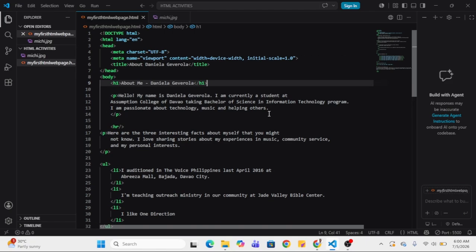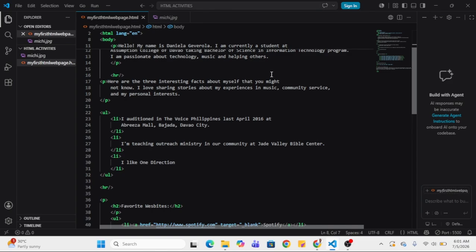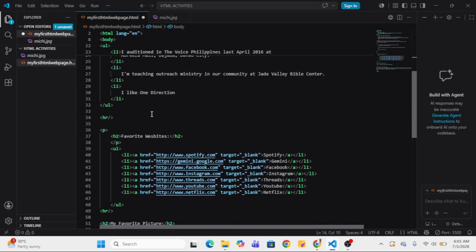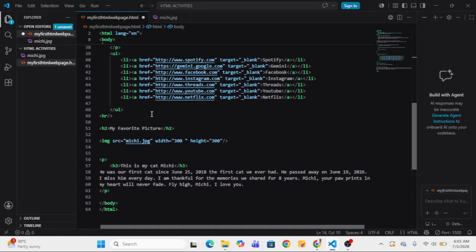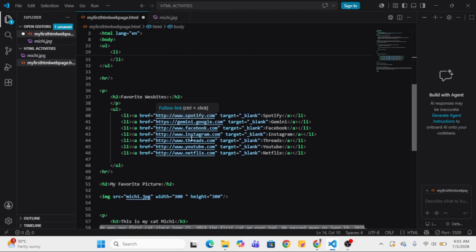The most essential part of this web page, of this HTML, is this one, because if wala nito, it provides the foundation of the web page. And when I went through this activity, I encountered difficulties with the closing tags, and also with the attributes, like how to add links.